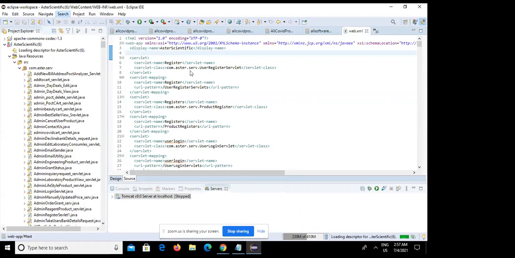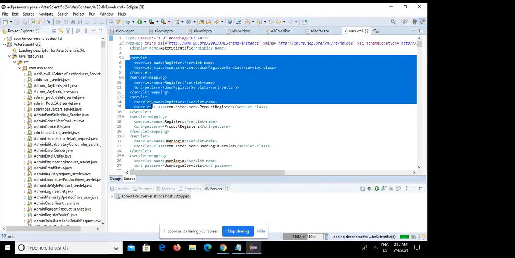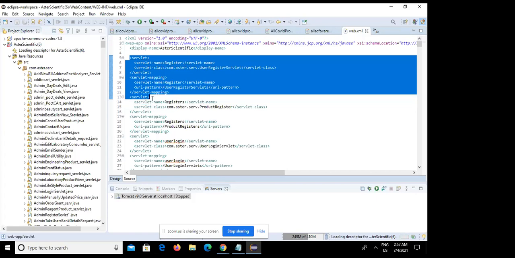It is an inbuilt created project, which is Astro Scientific. This is totally based on the web XML, the servlet and JSP. So basically, this is a portion of web XML. In this, you will understand what is used for your mapping purpose.